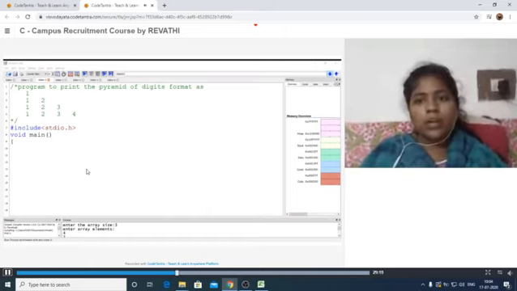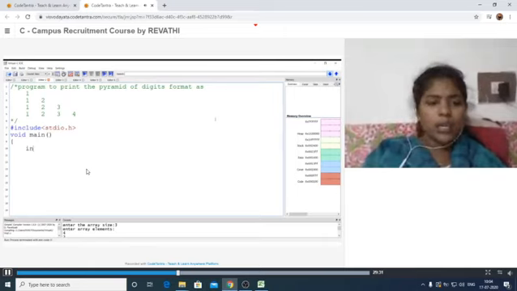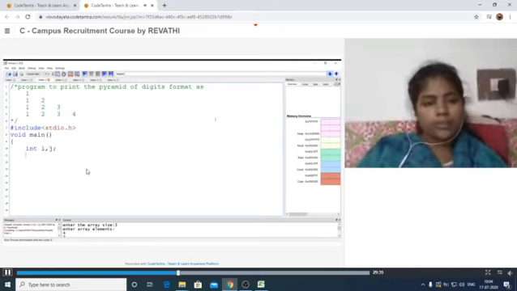Totally we have 4 rows here, so there is no need to provide a size. We just need to take int i, j. That's enough. We are just declaring the variables.